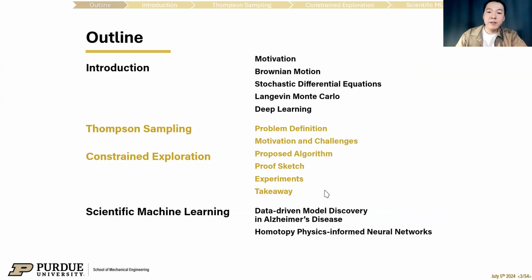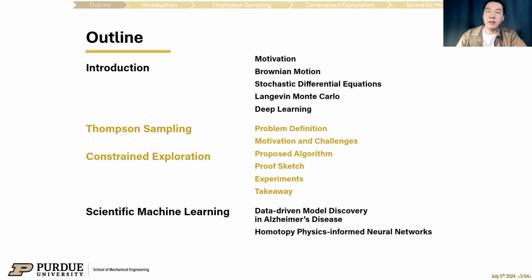I would like to separate my talk into four parts. For the first part, I will introduce the concept of Brownian motion, how we summarize such physical motion into math and statistical tools in stochastic differential equations, and then come up with Langevin Dynamics and Langevin Monte Carlo. Nowadays, Langevin Monte Carlo can also be used in training deep neural networks, and we'll explain how it works. And then we will use the power of Langevin Monte Carlo to parameterize the distributions in two different tasks